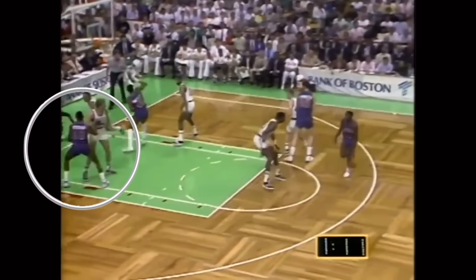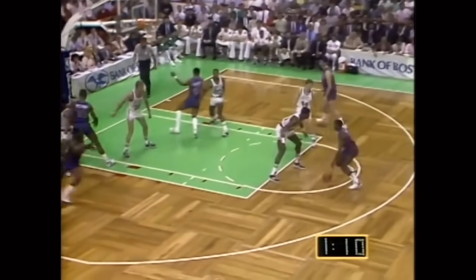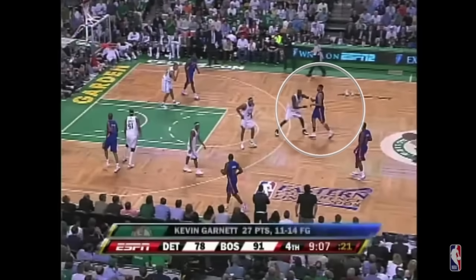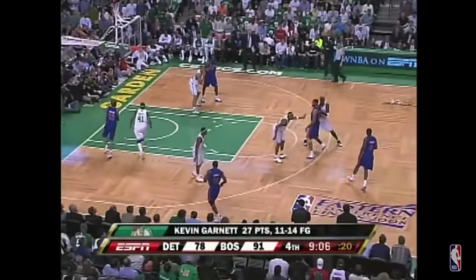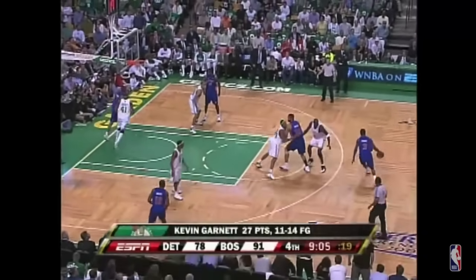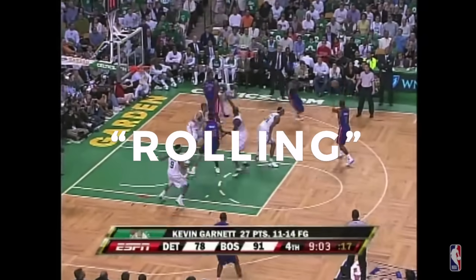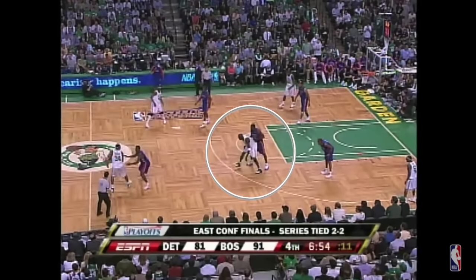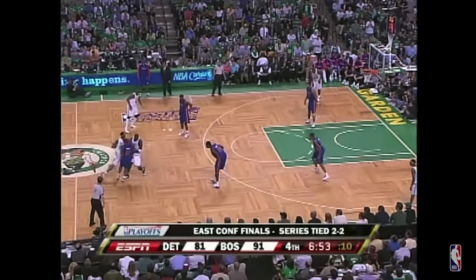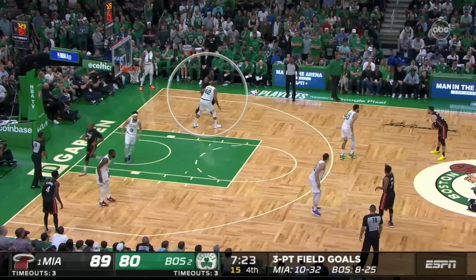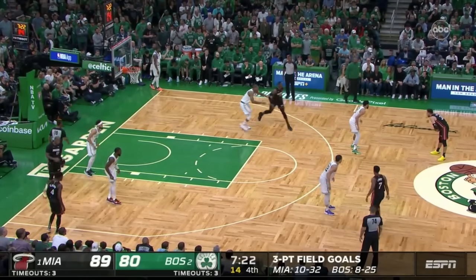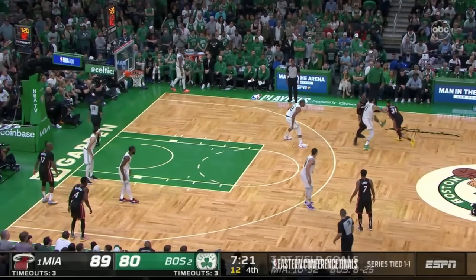In the 80s, it was hard to get away with flipping a screen on top of the defender like this without giving him space, and you couldn't just slide into a defender's path at the last second without drawing a call. By the 2000s, it was far more common for screeners to kind of move through a defender's path while rolling, and players could have way more movement on their screens without being fully set. Today, you're supposed to give a defender the chance to change directions, but blocking tactics like this are rarely called